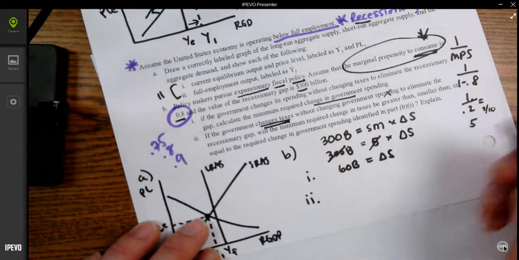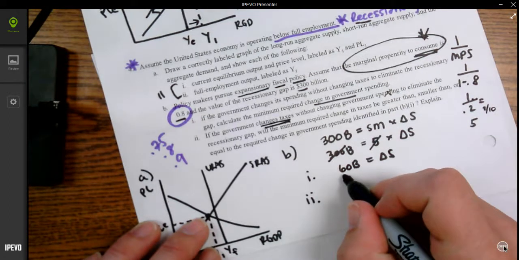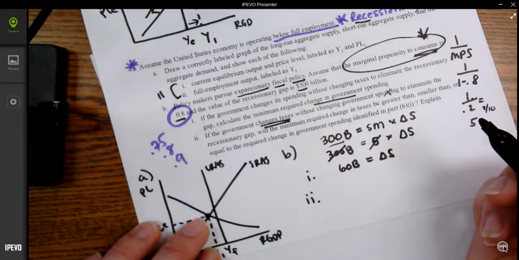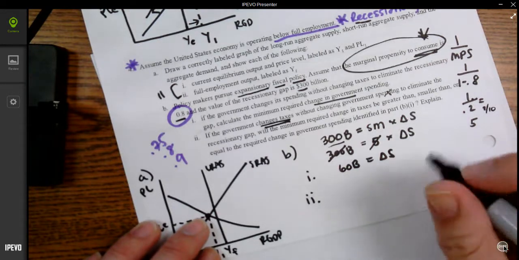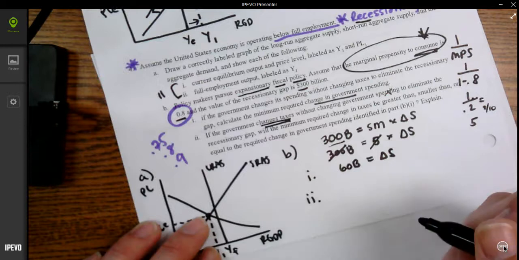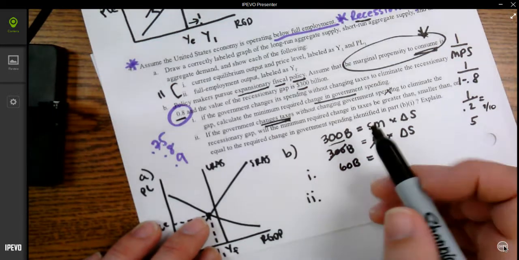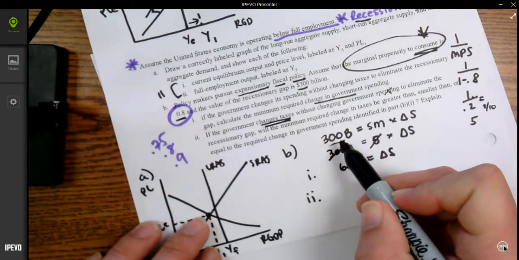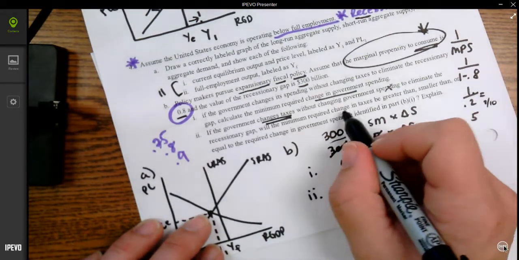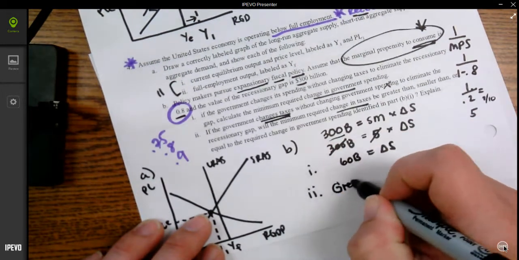So if $60 billion of spending is going to close the gap of 300 billion, and we know that people save a portion of their income, we would actually have to tax more than $60 billion in order to close a $300 billion gap. So the minimum change in taxes would have to be greater than